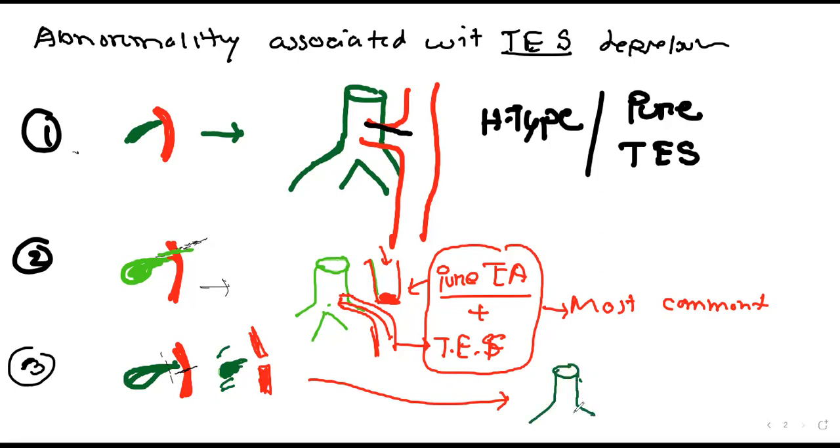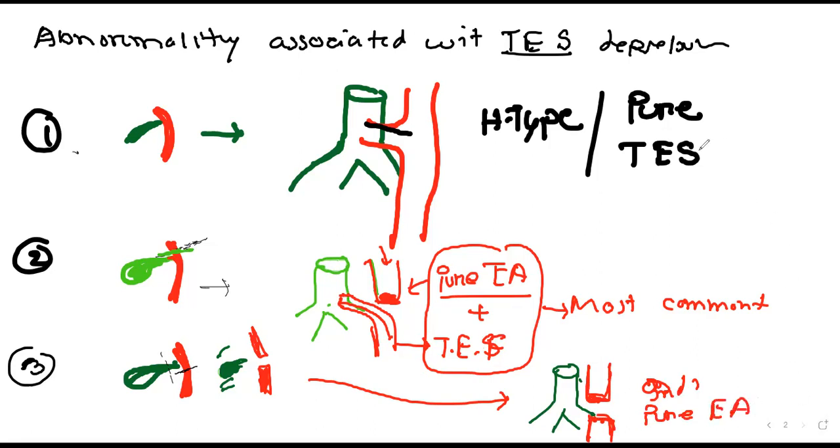Trachea that is totally intact, and these two foregut derivatives behind the trachea, and each part is closed. So this is the third type. This is called pure esophageal atresia. Both ends of the esophagus have atresia. So this is called pure esophageal atresia.